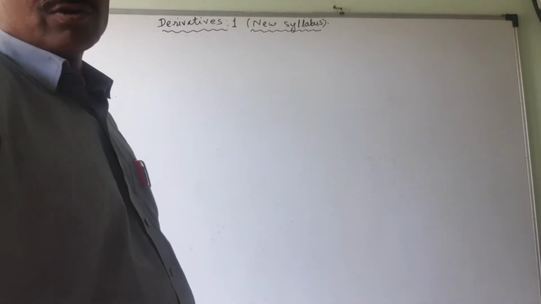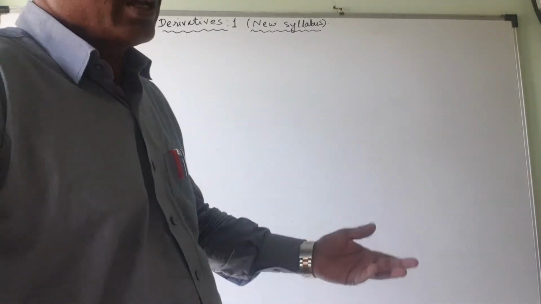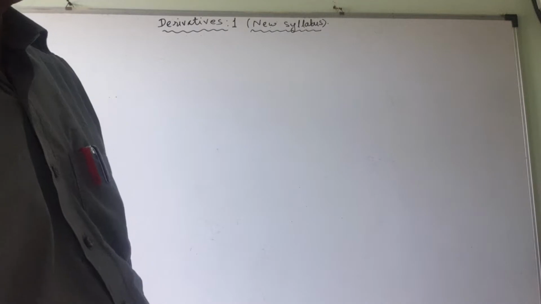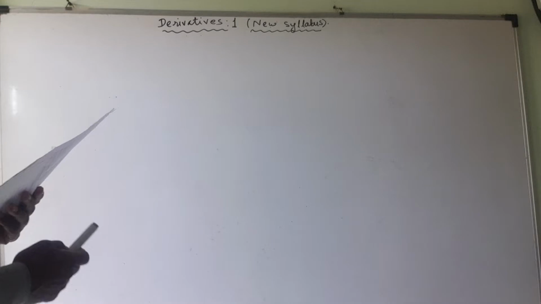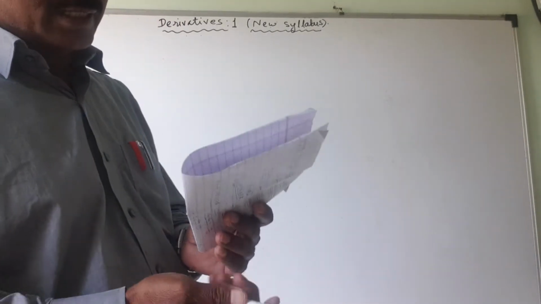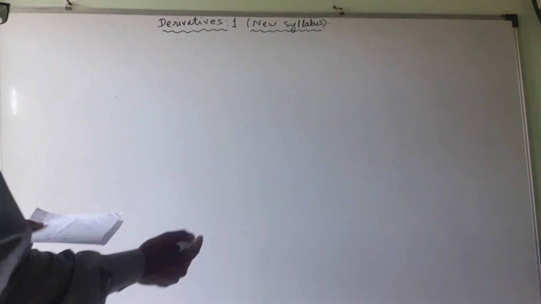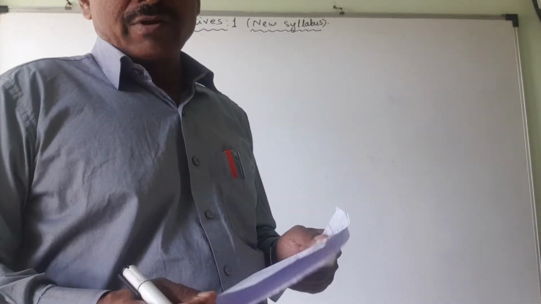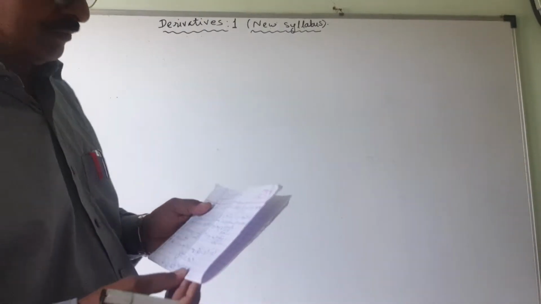Now we will start according to the new textbook. So some very important questions. As you have done those 10 parts, this will be very easy for you. So let us hope that we will go according to this. Some very important solved examples and some of the questions from the exercises. This way we will complete the syllabus. Now this is our lecture number 1 for derivatives from the point of view of the board examination.